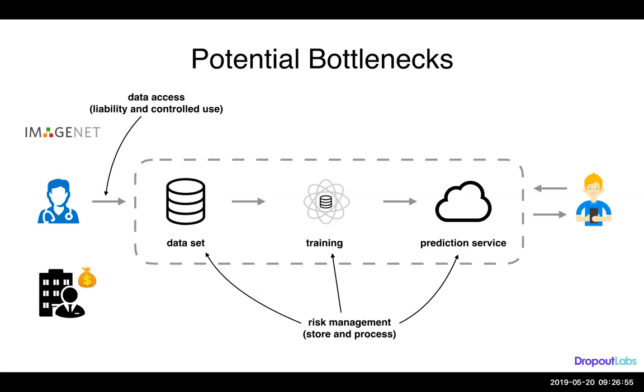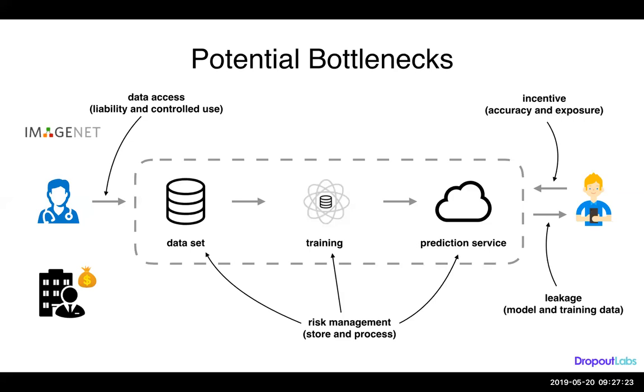If we do manage to build our prediction service, we're still not done yet because we also need to incentivize users to actually use the service. So if you're potentially telling a company whether or not you have skin cancer whenever you use their service, it's not clear that you would use the service in the first place. And then finally, we might also want to control the leakage that actually happens back through the predictions when we send them back to the client. So this is both of the original training data, but also the model,